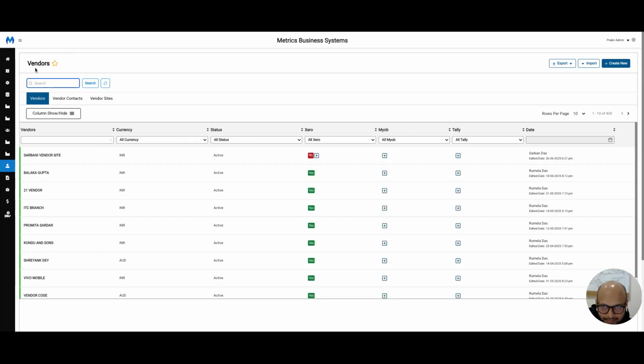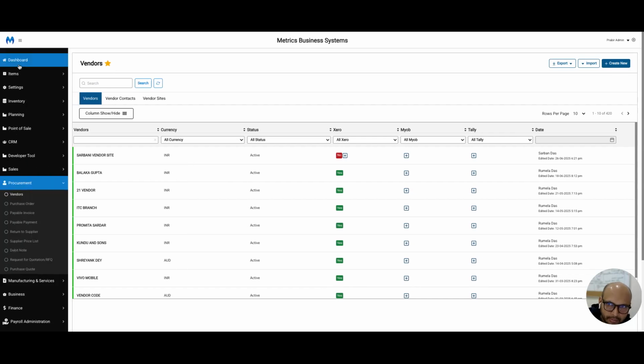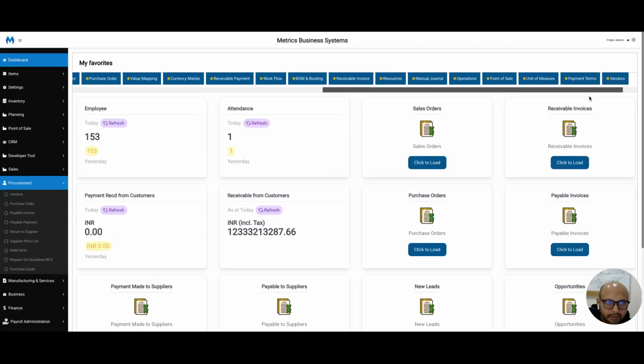So in order to add this menu to my favorites, I'll click on this particular icon. And next time when I log out and log in, the same will be available in my shortcut area, straight away available. So if I go to these vendors as well, it will actually open the same page in terms